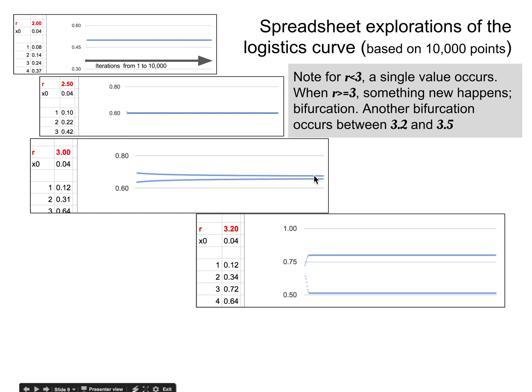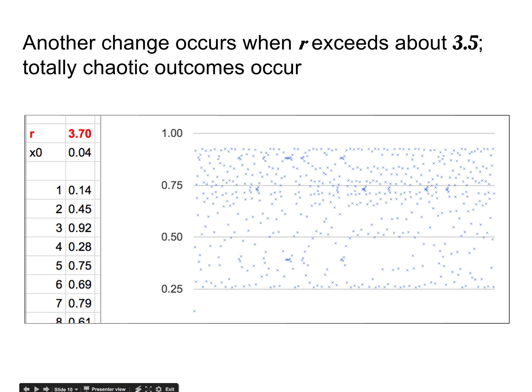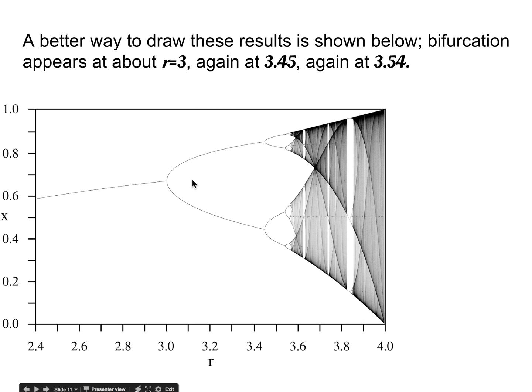So let's go back. Here's the kind of bifurcation thing we're talking about. Two values can exist. So imagine drawing a vertical line for any particular value of R. Wherever that line touches this set of curves, that's what population we would have. So if we were at R equal 3.2, we could expect a population here. Next time, down here. You can't tell which will be which. It could be this point twice in a row or whatever, and then unexpectedly it's down here, but you'd have two values because you just imagine a vertical line here. And that persists until you get to right here,